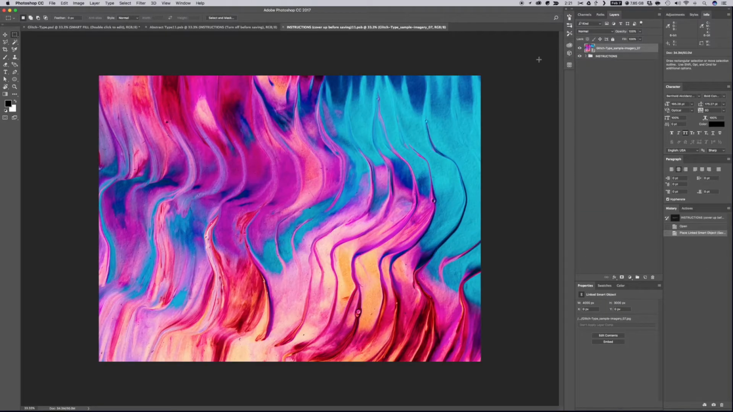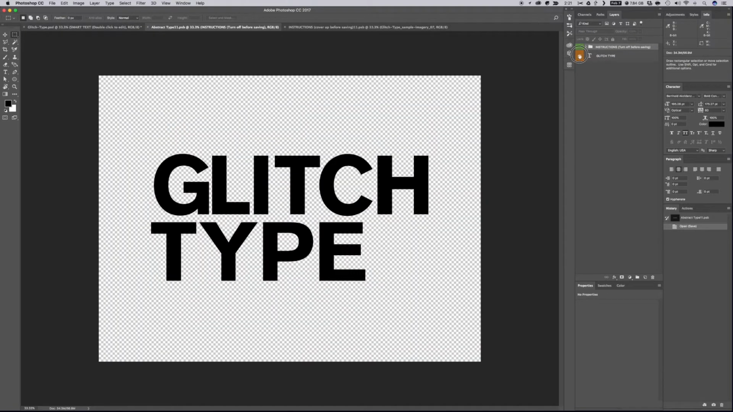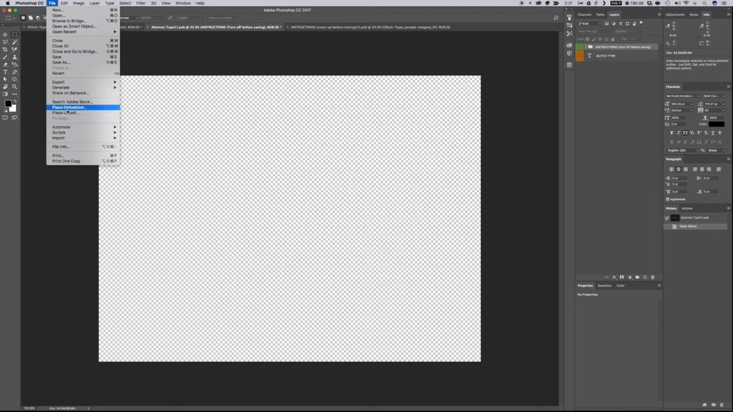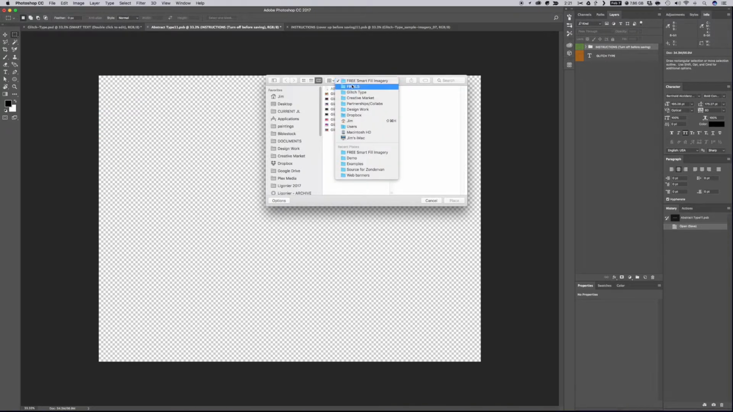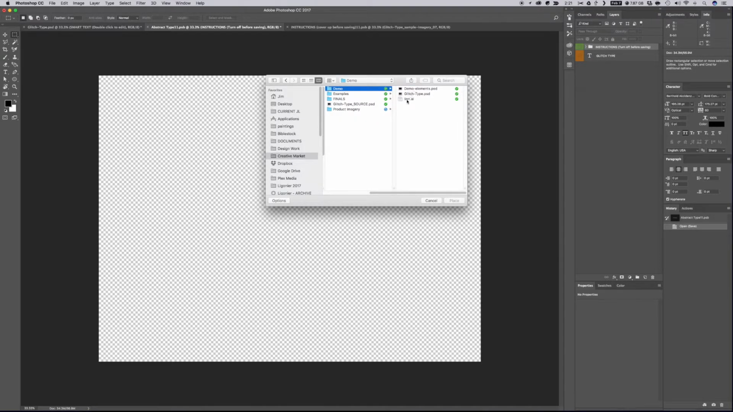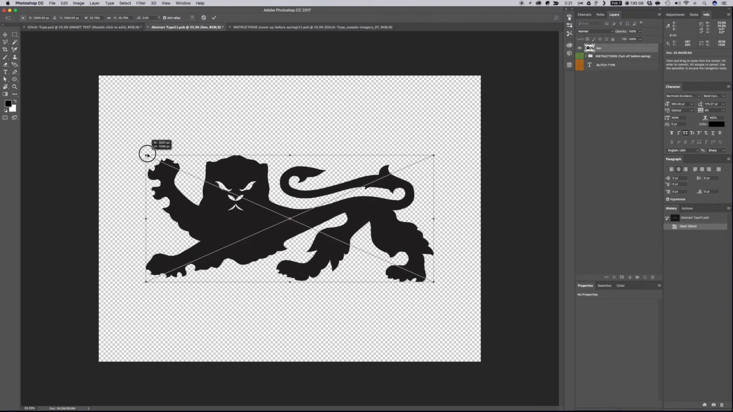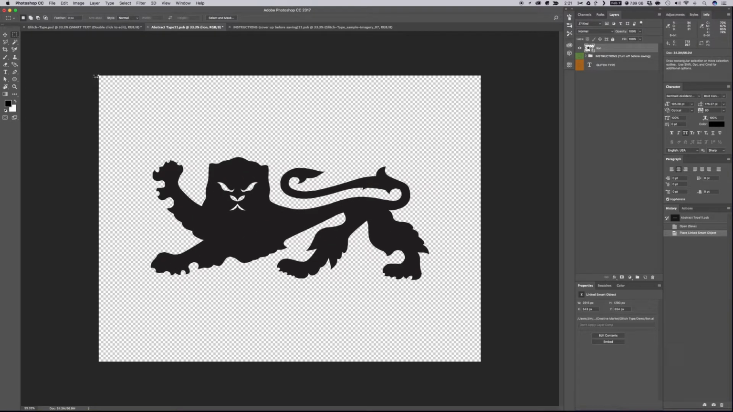So one more thing I'm going to show you is I'll jump into the smart type layer here. I'll turn the type off, and this time we'll bring in an object so we can see what the glitch effect does to an object instead of type. So I'll bring in this kind of lion herald crest thing here. Just scale it to size, click save, and again, wait just a few seconds for those smart objects to update